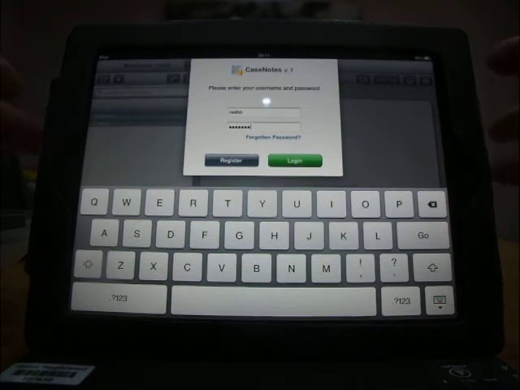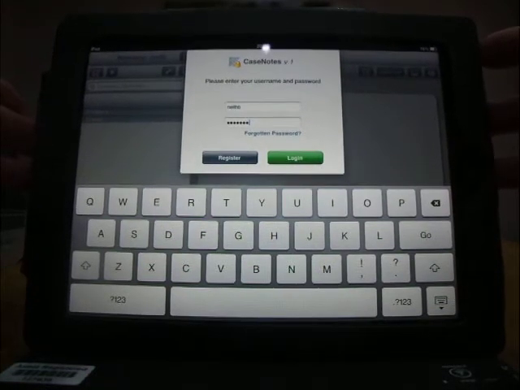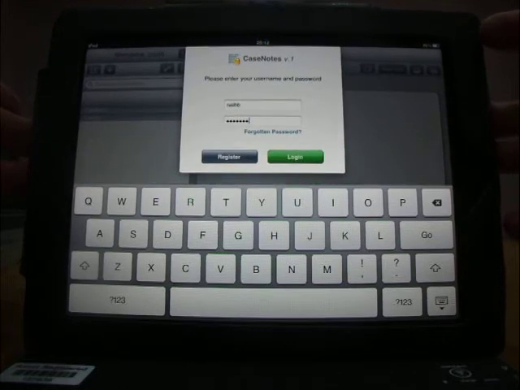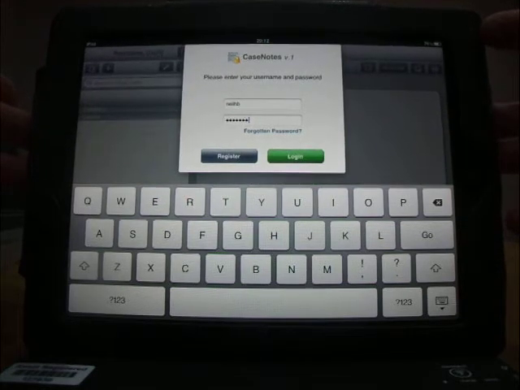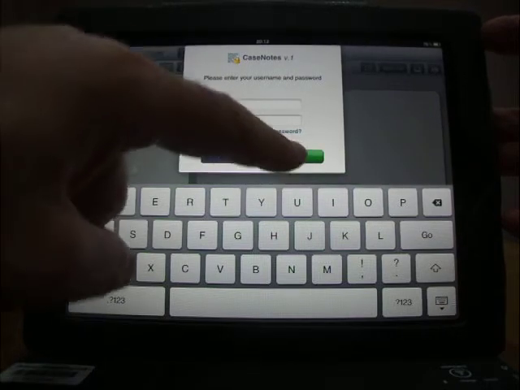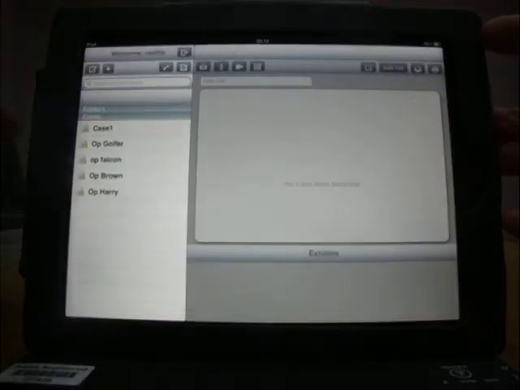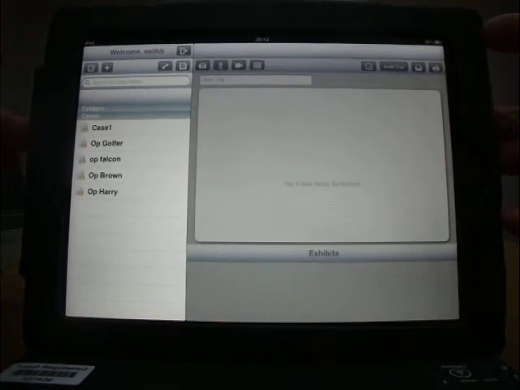So here is the CaseNotes iPad app. You tap the icon and it brings you to this login screen, and type in your user ID and password, or register if you haven't already got your user ID and password. CaseNotes supports multiple users, so once you've done that, just press the login and it takes you into the CaseNotes